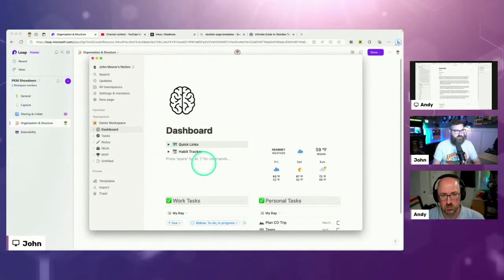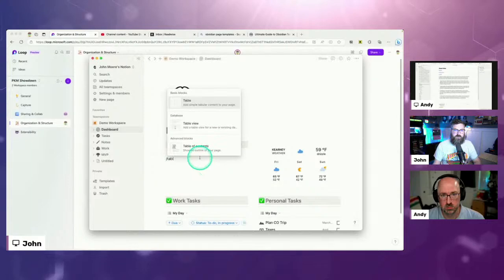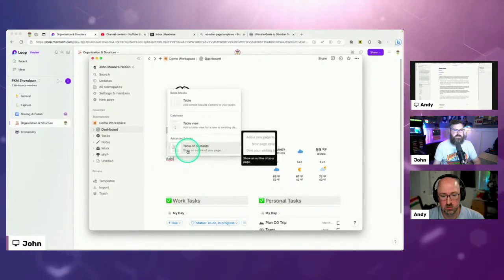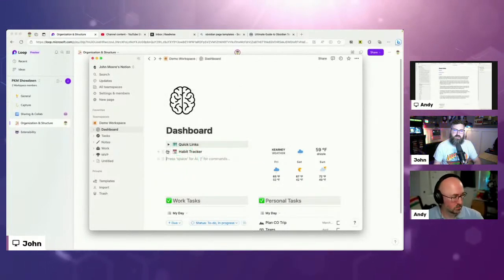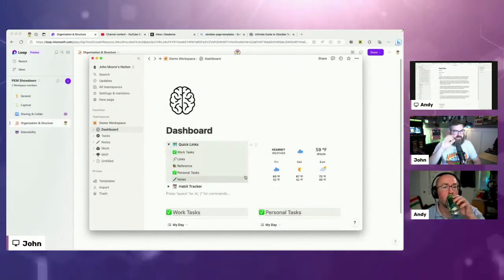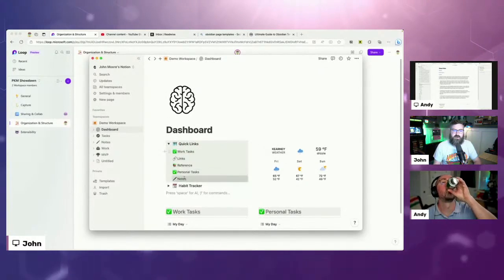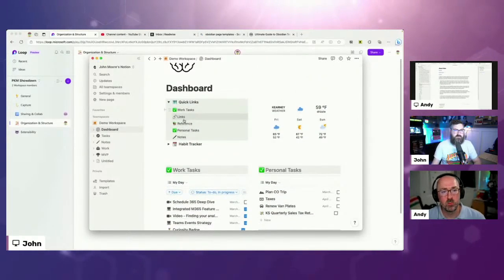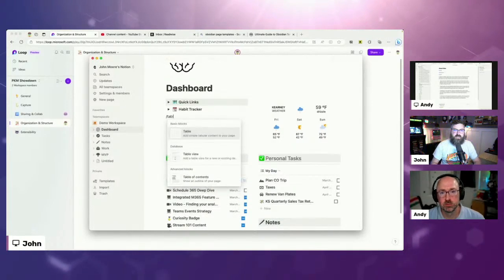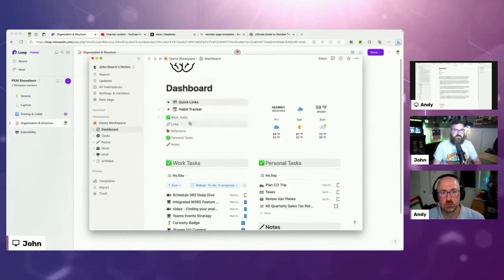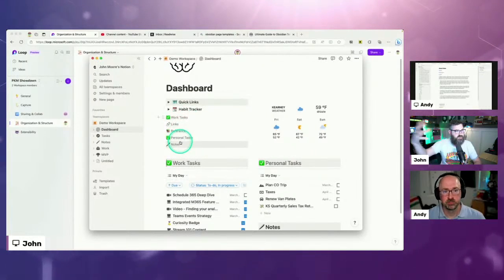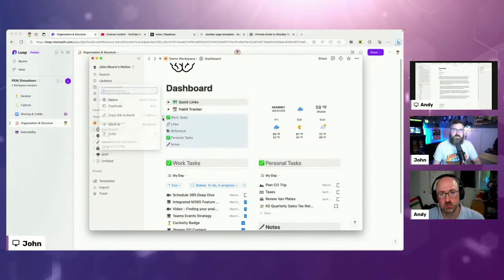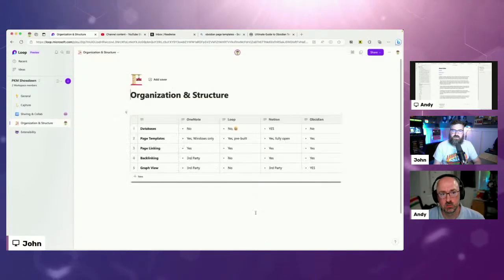The other thing you mentioned was table of contents. I can do that as well. There's a table of contents for this page. So under my quick links, this is my home dashboard for my second brain. I've got these links that drop down, right? And they jump to an anchor position. I didn't create that manually. What I did was a table of contents, and it just knows based off of the headers that those are the sections of that page. So same type of deal as what you're talking about, although there's not a graph view.